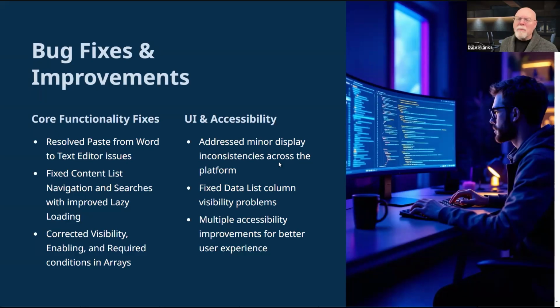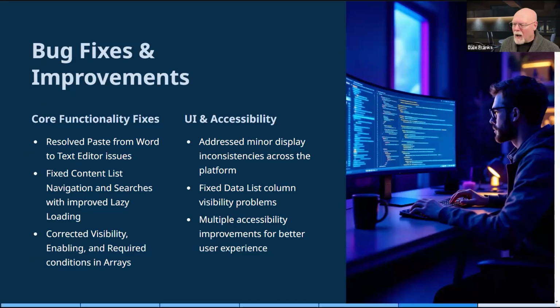And there were some minor display inconsistencies. Nothing major, but things in one context look one way, and then you go to a different object and they look a different way. So we've tried to make the UI a more unified experience for you across the board.